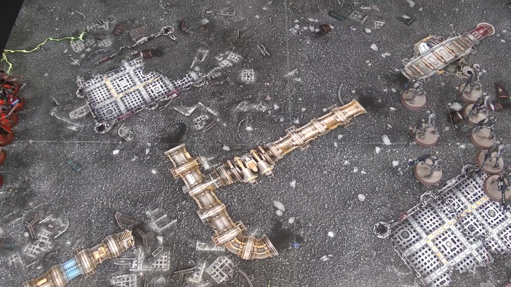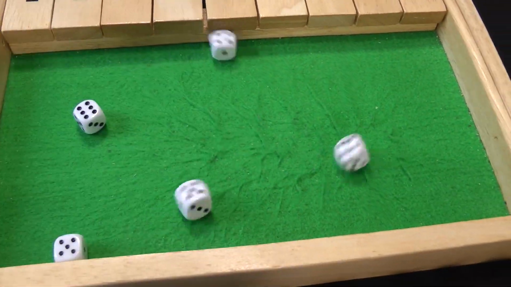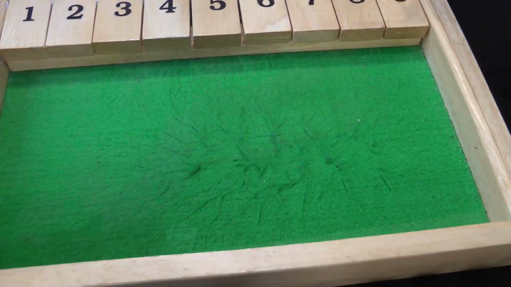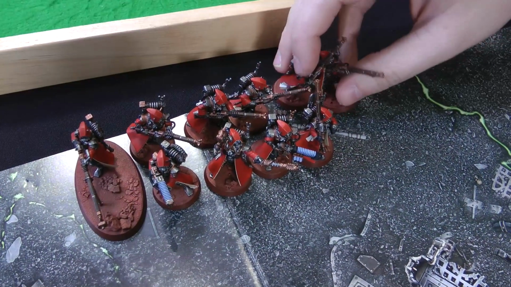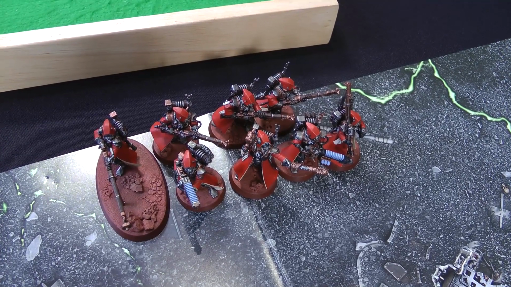Moved up normally again, and the 5 Gauss Flayers at the back will get to shoot. 5 shots, hitting on 3s. 5 hits. Wounding on 3s. 4 wounds. 4 5+ saves. Made 2. 2 dead Skitarii. There's these 2 poor fellows on the end again. But once again, it's not enough to cause them to fail a morale test, so that will be the end